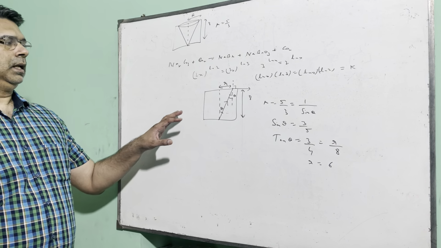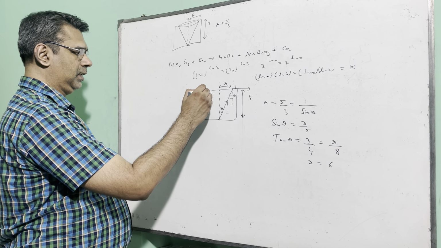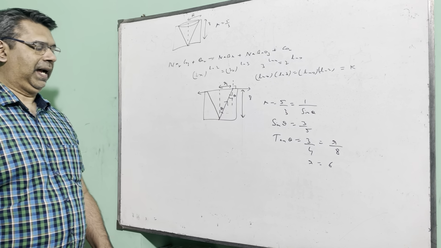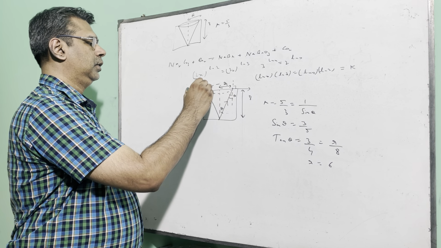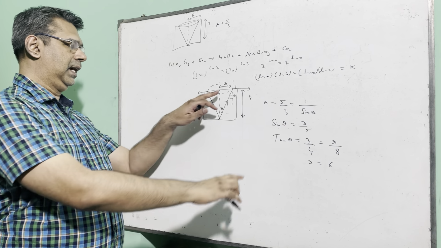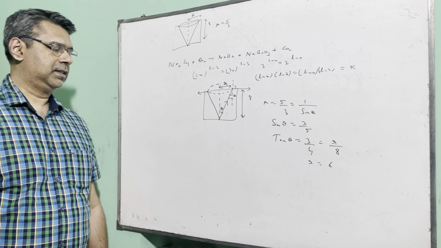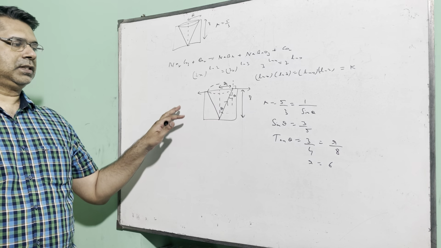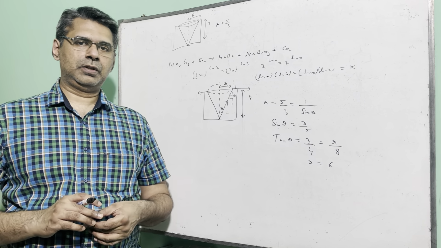So that means this particular point source will let out rays of light which will cover a circular patch. If you look at it from the top, you will be able to see a circular patch, and the light will come out in that region, and the radius of that circular patch will be 6. So the answer of the physics question is that the radius of the circular patch is equal to 6. This is the answer of the physics question of Launchpad 2.